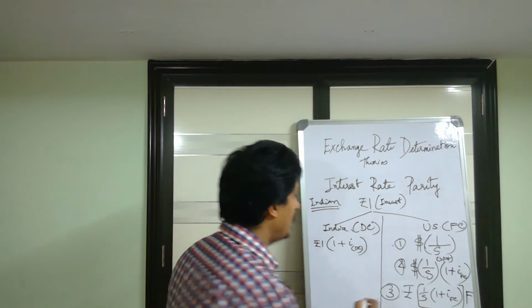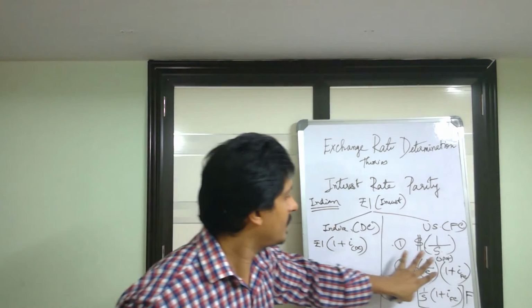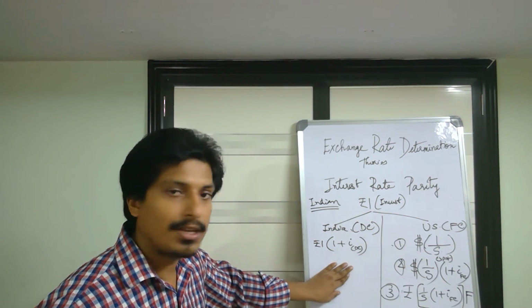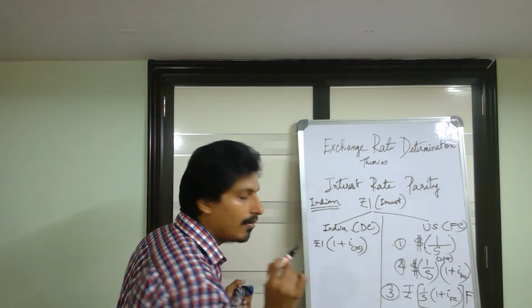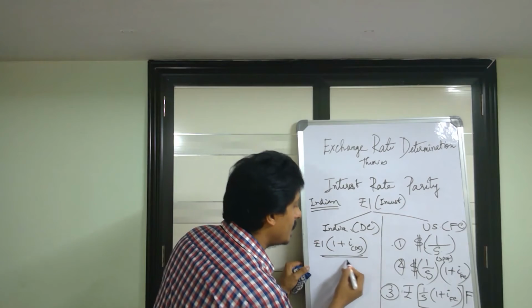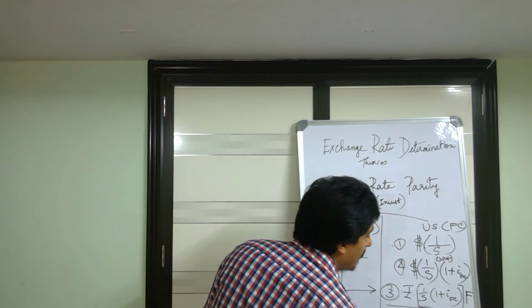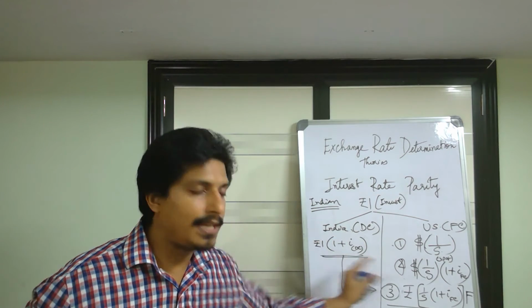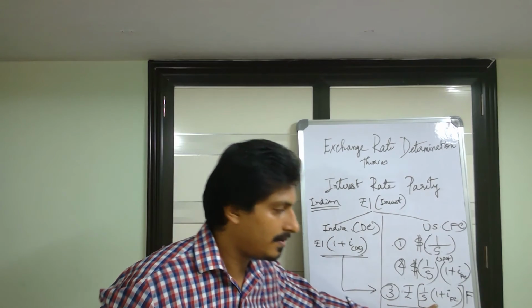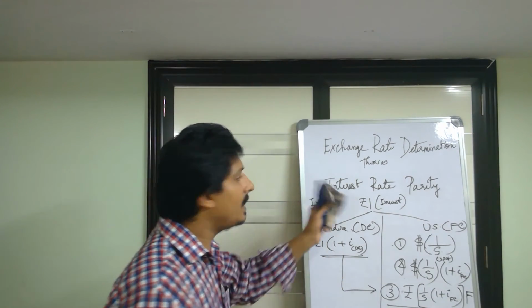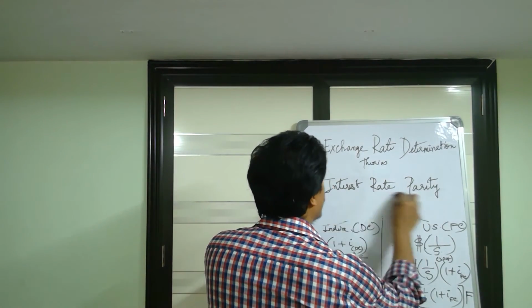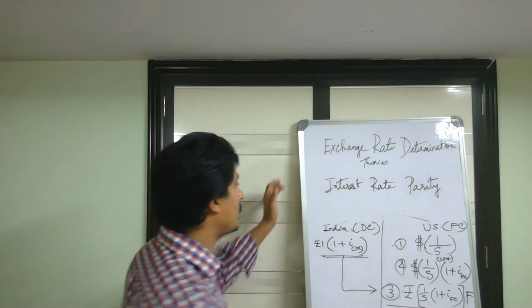So we have done the two parts. This is the investment in the domestic country. This is the investment in the foreign country. The return you get here should match the return you get here. In other words, the value that you get here should match with the value that you get here. If it is matching, then there is interest rate parity. With these two values, let us write the equation for interest rate parity. How does interest rate parity look like? It will be given like this.